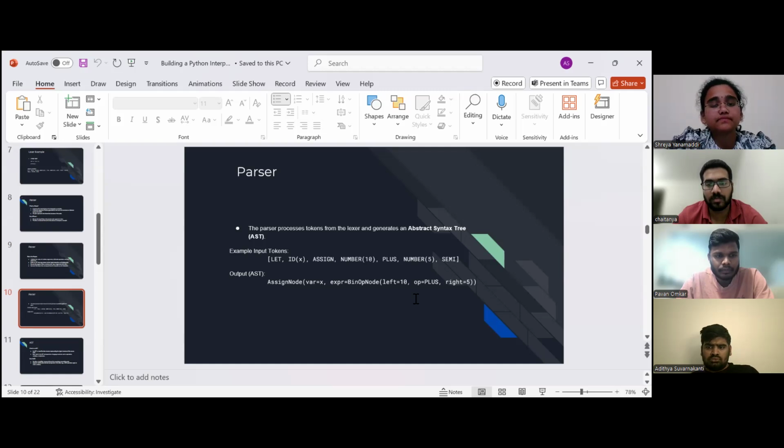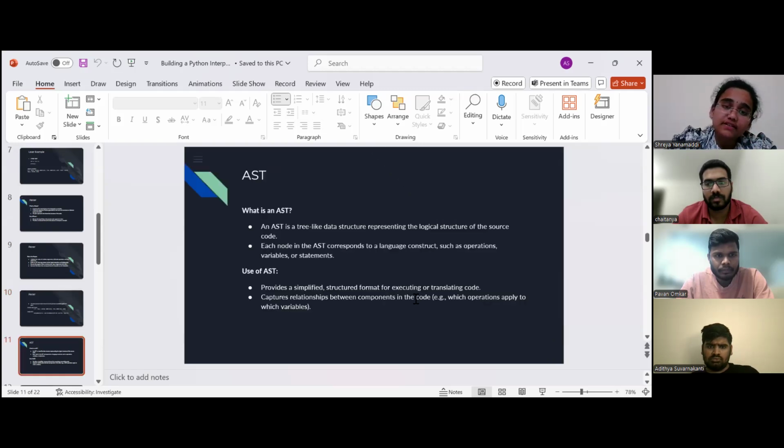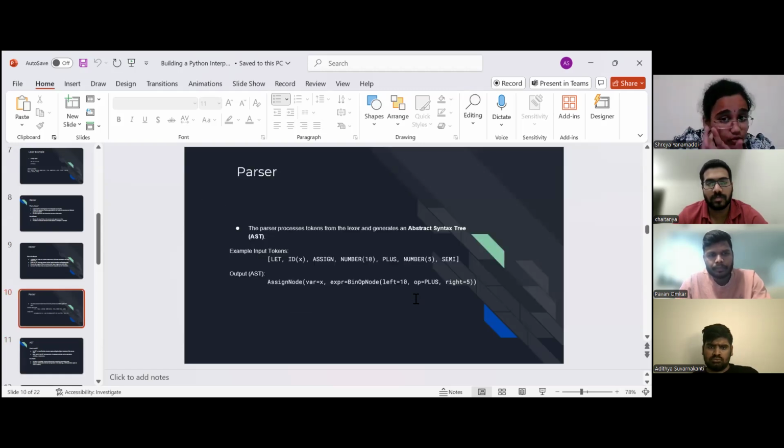And coming to the next slide, parser. Here, a parser takes the tokens generated by the Lexer and organizes them into a structured format called the AST. This AST represents the hierarchical structure of the code, showing how different parts are related. In this example,